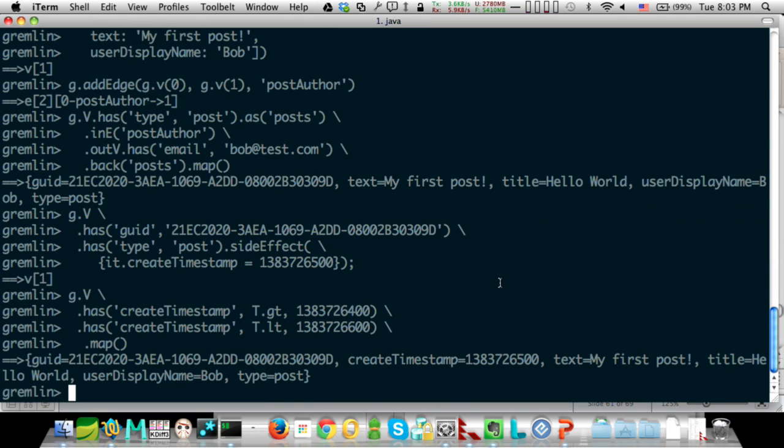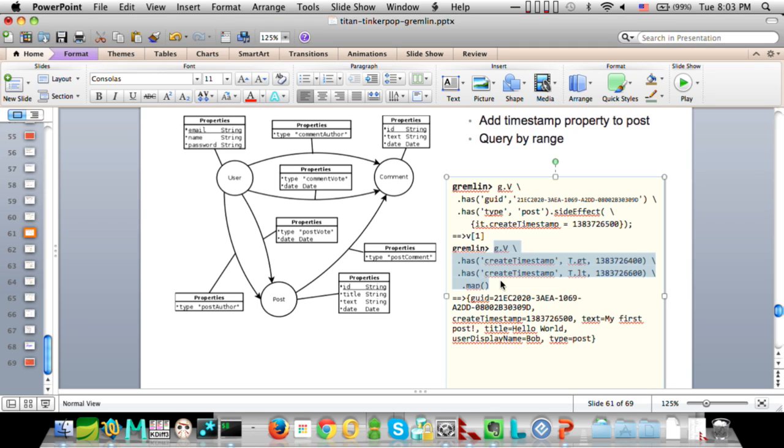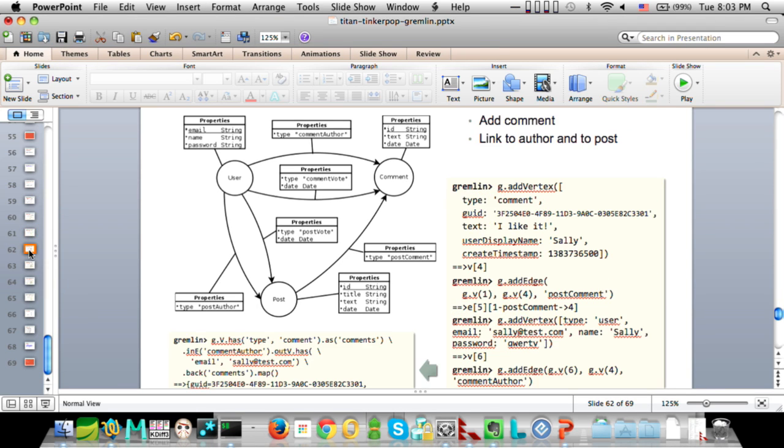And thanks for reminding me there that at this point it's not exercising any index. So if you wanted to do this kind of a less than greater than, and that was a key part of your querying, and you need to optimize that, you're going to need to use some of those other indexes. All right, so let's keep going.